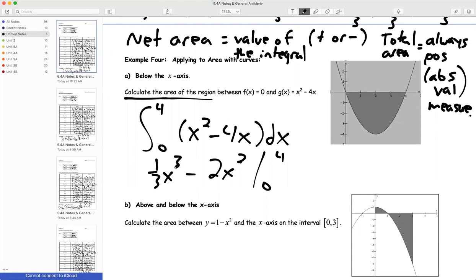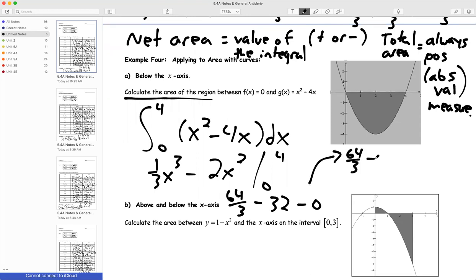So I'm going to plug in the 4. 4 cubed is 64. So I have 64 over 3 minus, I plug in the 4 here, I get 16 times 2, which is 32. And then when I plug in 0 to both of those, I'm going to get 0. So I have